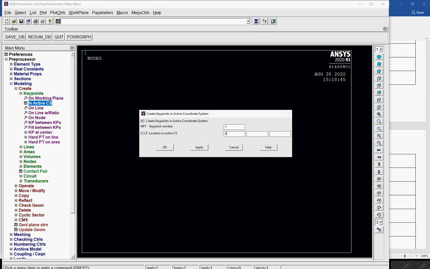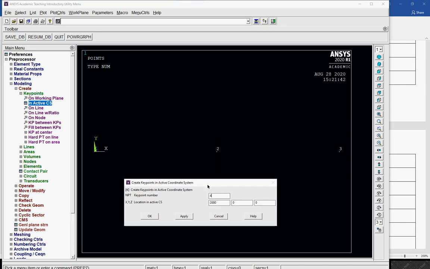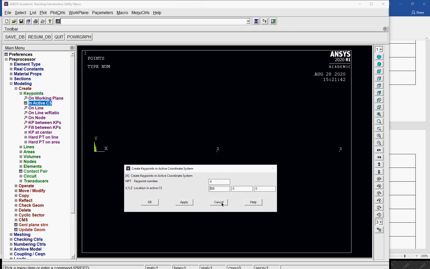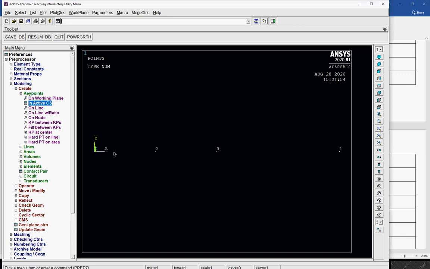Point 1 is 0, 0, 0, apply. 2 is 1000, apply. 3 is 2000, apply. 4 is 4000. So I got 1, 2, 3 and 4.